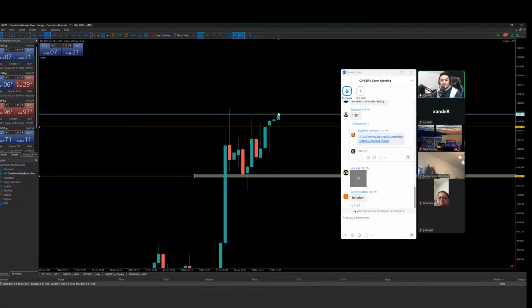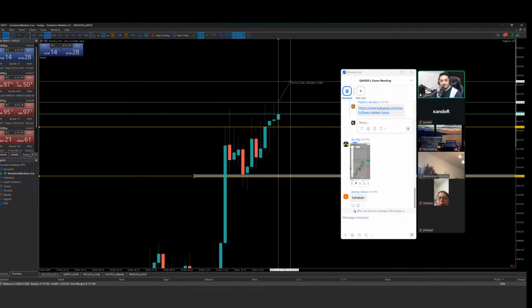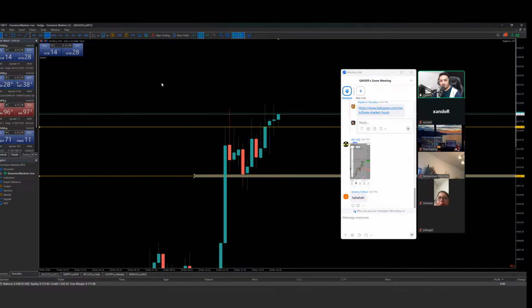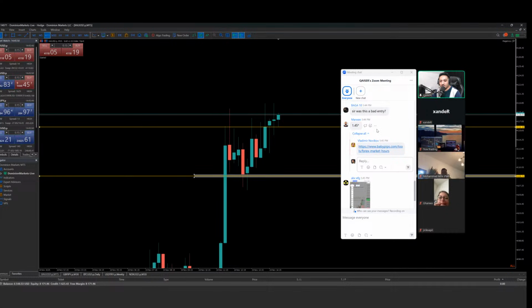So if this current candle breaks above this high, there's a probability we will keep pushing upside, and then with the opening of NY, it will extend it more. This is what I'm expecting actually. So let's see. Just waiting.